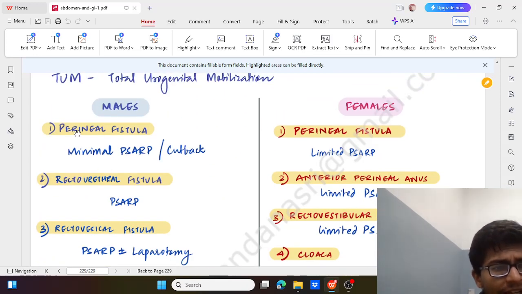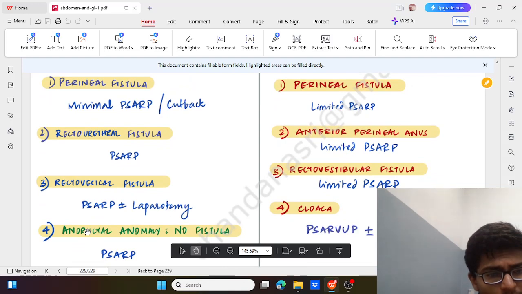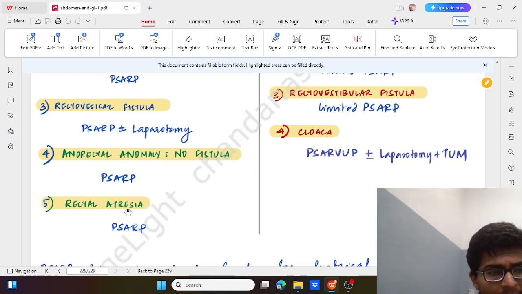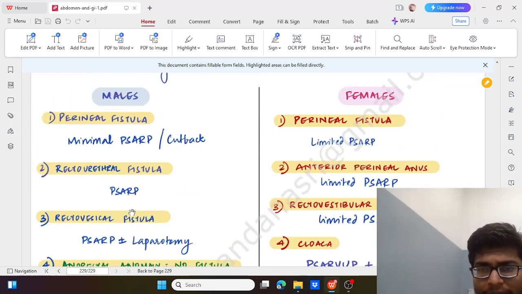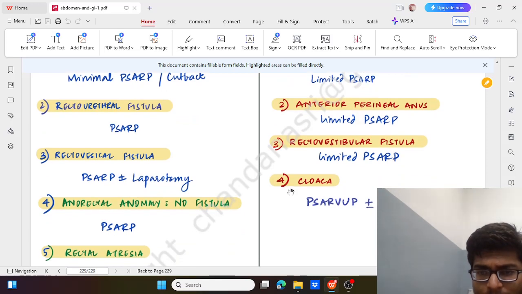So in males, in perineal fistula, we go for minimal PSARP. In rectourethral fistula, we go for PSARP. In rectovesical, we go for PSARP along with laparotomy for reconstruction. In anorectal anomaly without fistula, we again go for PSARP, and in rectal atresia, we go for PSARP. In females, in perineal fistula, we go for limited PSARP, same in anterior perineal anus. Similarly in rectovestibular fistula, again limited PSARP, and in cloaca we go for PSARVUP, that is vaginourethroplasty, along with laparotomy